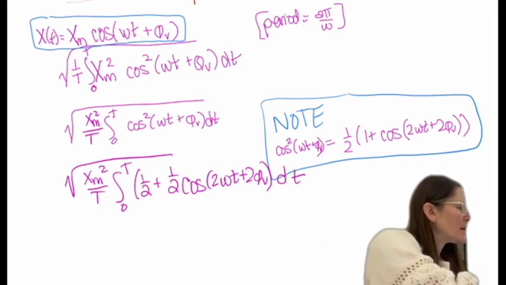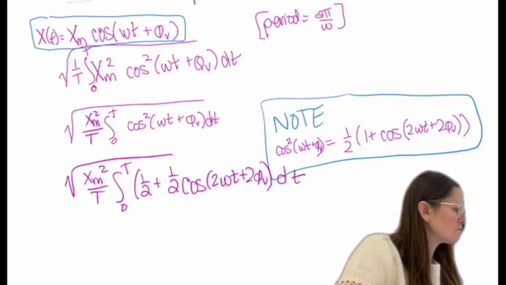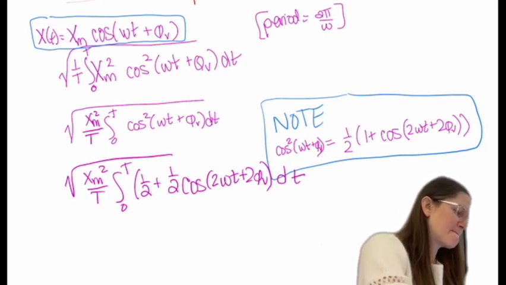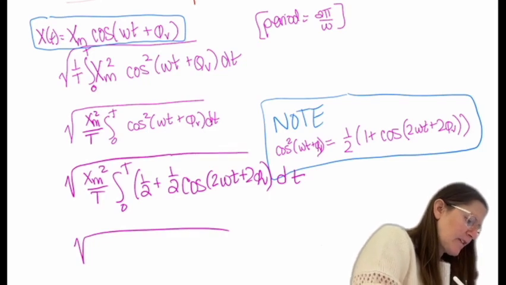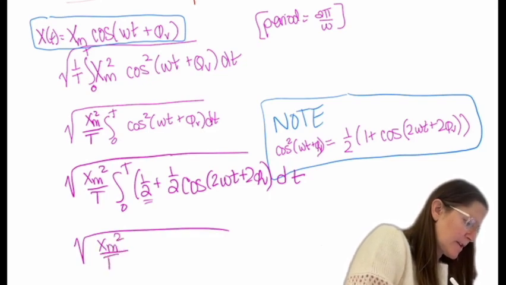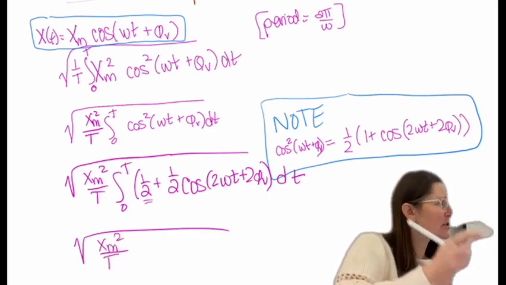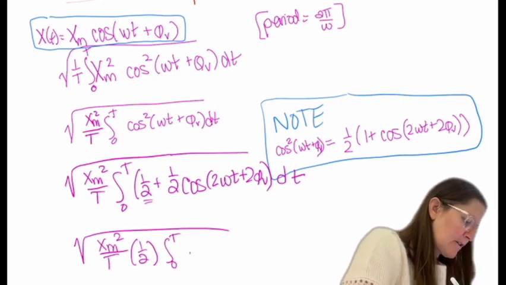So now when we take this, could I just pull out the 1/2 constant? Mm-hmm. So now we have the half, which is just going to be XM squared over T, and then we can kind of split this integration too. So this can be 1/2 pulled out, integral from 0 to T of dt, plus